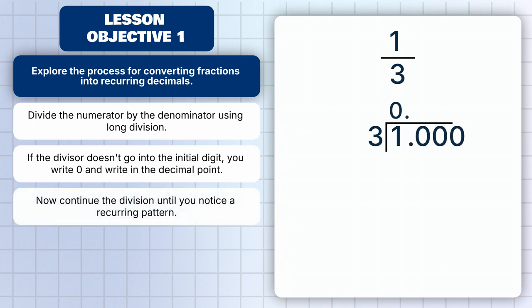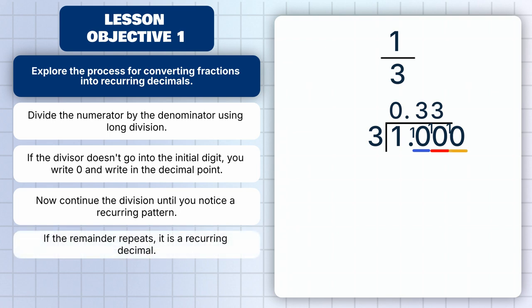Now continue the division until you notice a recurring pattern. Remember to write in the remainder of 1. Now we need to divide 10 by 3. 3 goes into 10 3 times, leaving a remainder of 1 again. Repeat the division, 10 divided by 3 is 3, remainder 1. Notice the remainder is still 1, which means we have 10 again. This process repeats indefinitely, showing that the decimal representation is